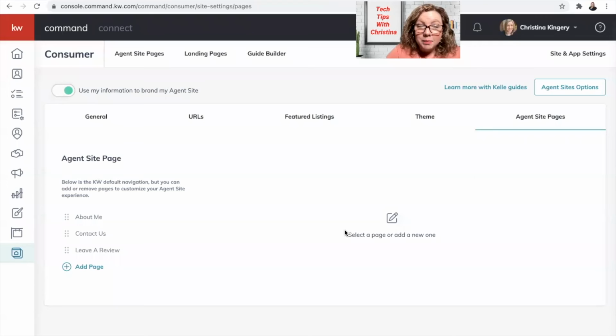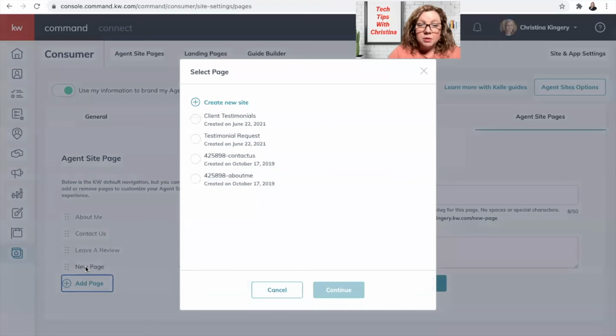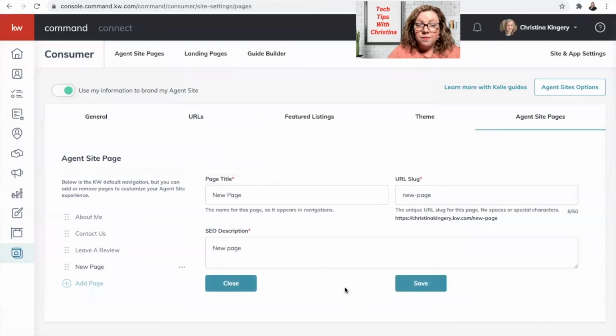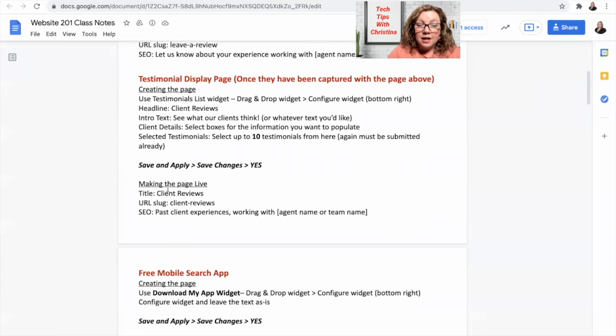So once you have published your page, you're going to be brought to this section, which is agent site pages. And you're going to click the add page button and then just click client testimonials, continue. And then you just have your page title, your slug, and your SEO description. Now, some great tips that I had for that, you could do the title as client reviews, the slug could be client dash reviews, and then the SEO could be past client experiences working with agent name or team name. Okay, so once we put those in there,